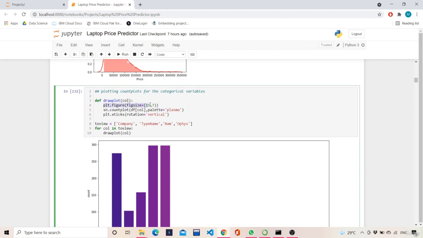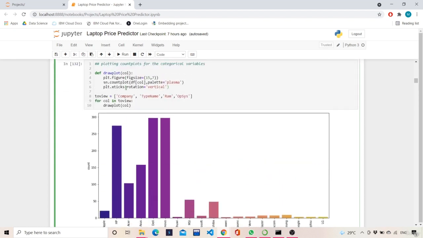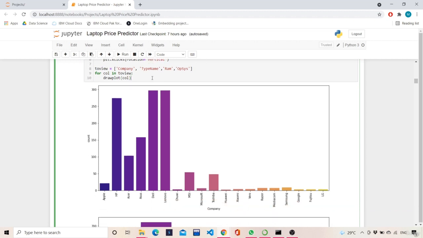I have defined a figure size, object, and sns.countplot, df of col, and palette is plasma, and then plt.xticks. I want my x labels to be vertical, so I have kept plt.xticks rotation equals vertical, and these categorical columns I want to explore. So for column in these categorical variables, I will call the function draw plot,